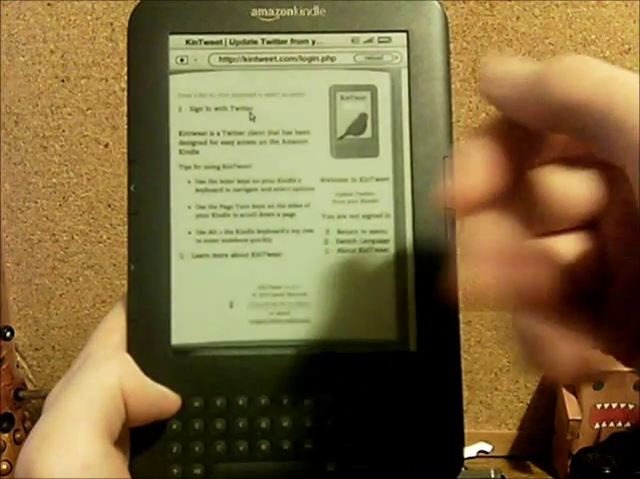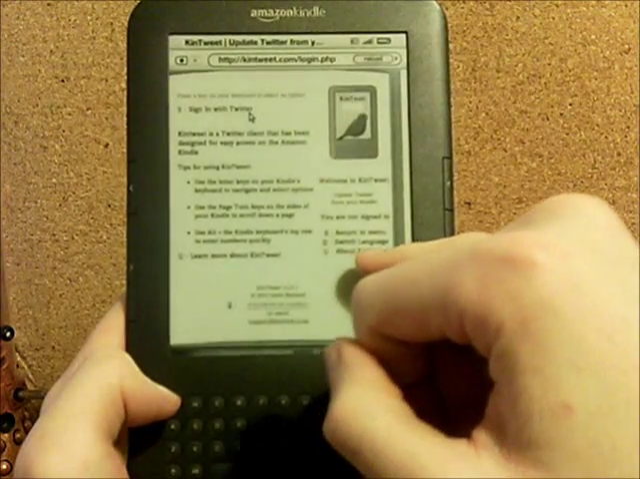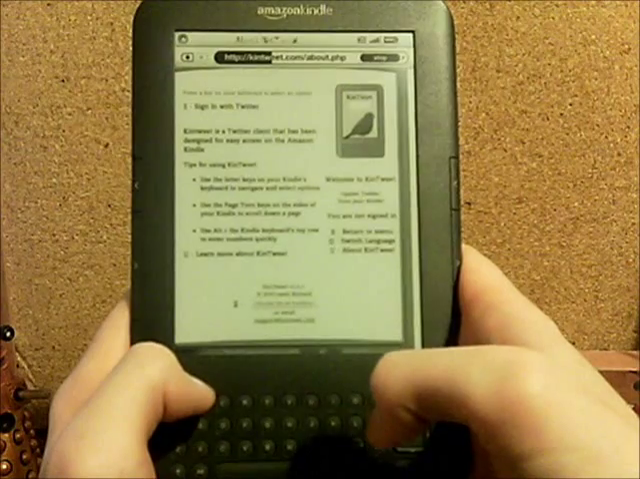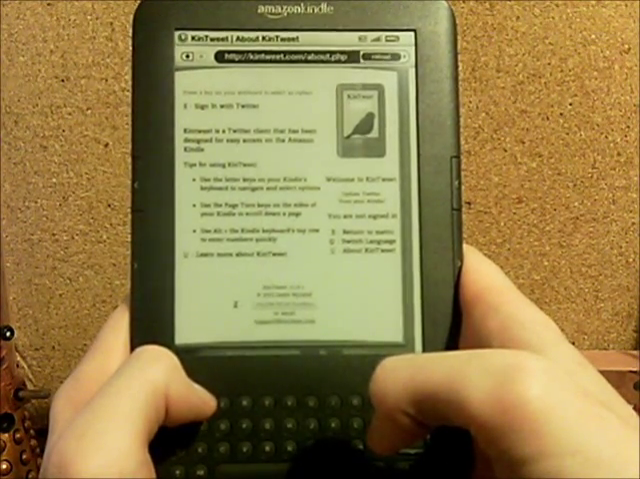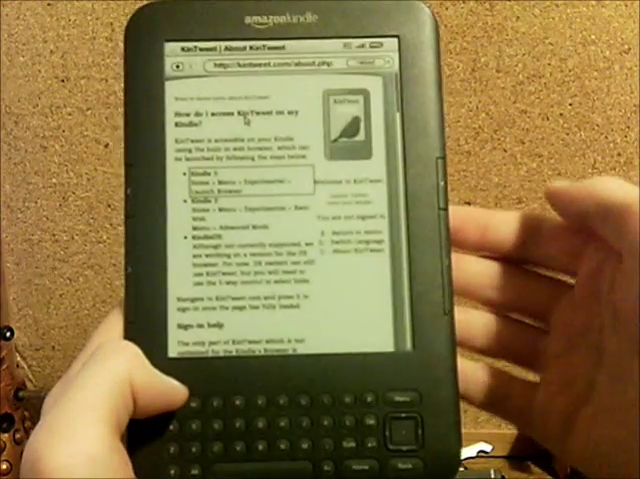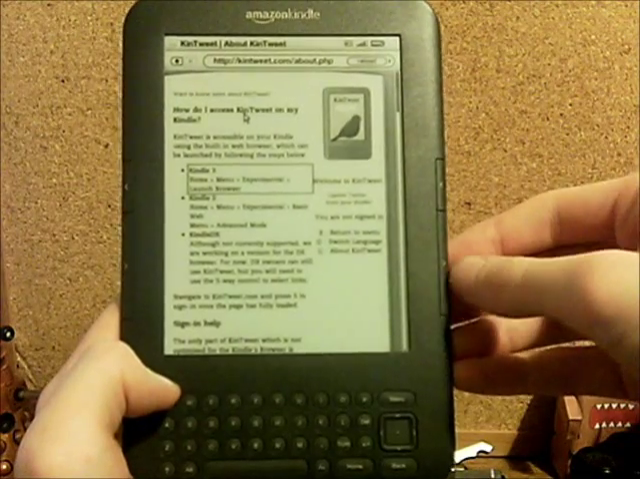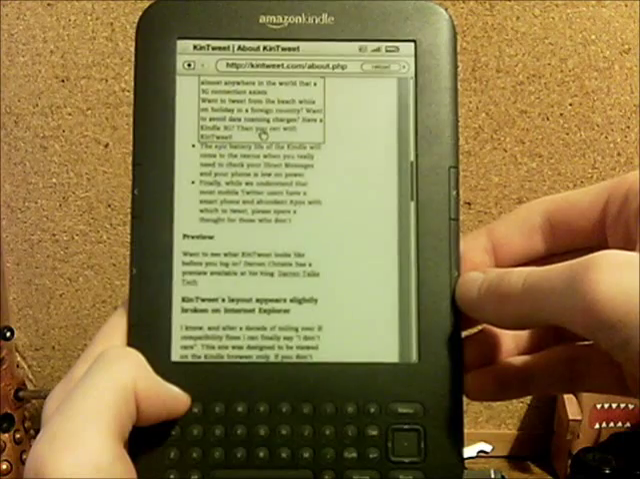U will take me to an About KinTweet page. We also have an option to switch the language and so on. So if I hit U as an example, and here we go. As you can see now, you have About Us and how you can actually use KinTweet. You can navigate easily down the page using the page turn buttons